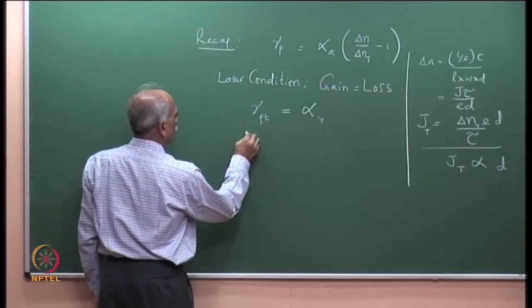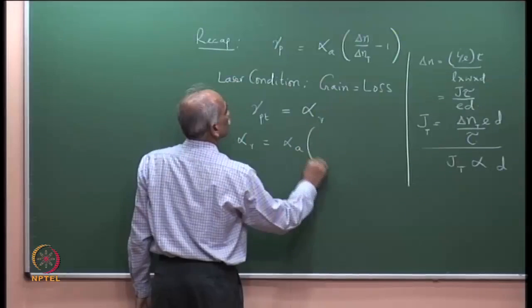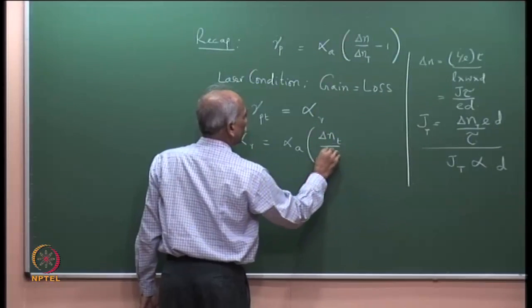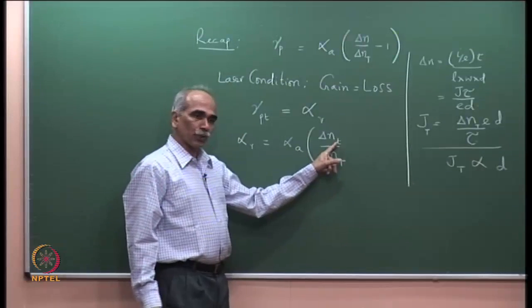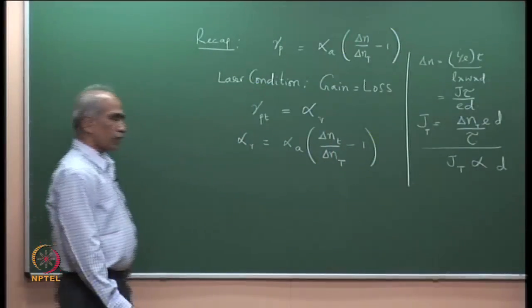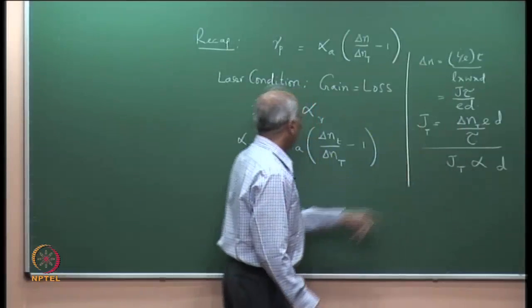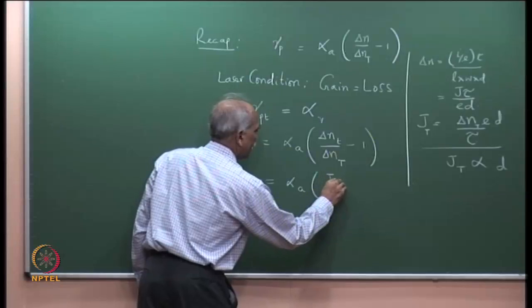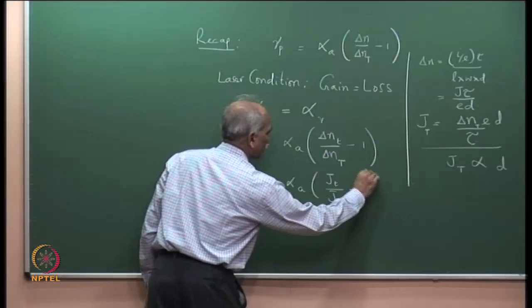So, alpha r is equal to alpha a into, substituting this, delta n t divided by delta n T. We have discussed in detail, this is threshold, this is transparency, minus 1, or delta n t by delta n is J t by, so this is equal to alpha a divided by J threshold divided by J transparency minus 1,